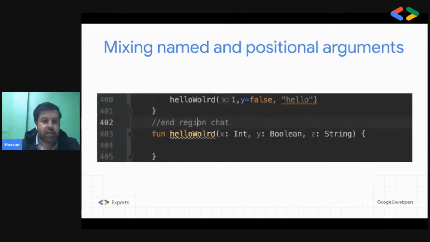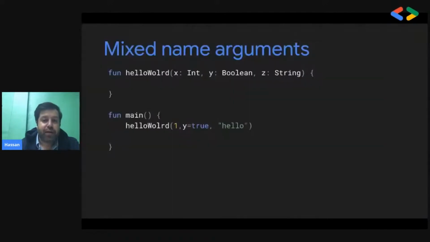There's another problem we used to have before. For example, there's a hello world function, and then you have these named parameters. Once you start using named arguments like y equal to false, any subsequent argument you have to name also. But in Kotlin 1.4, we are able to solve this. You can see this example. We have hello world here, and once you have y equal to true, after that you can go back to the normal one. We don't need to name it anymore. This was feedback from many developers.